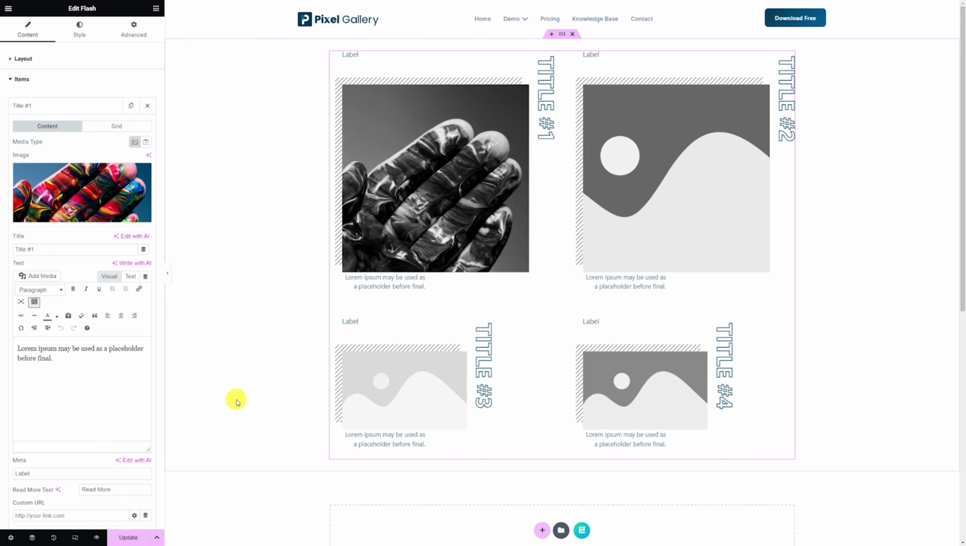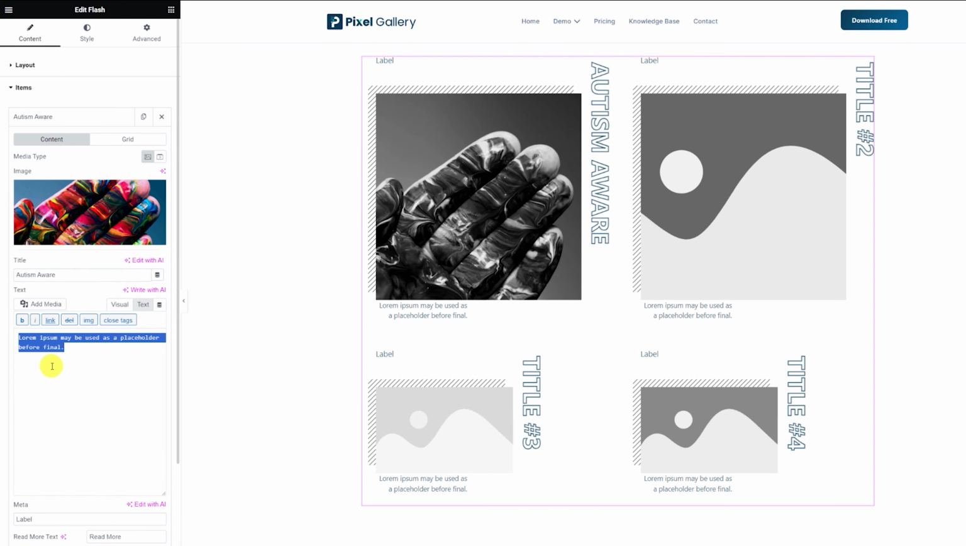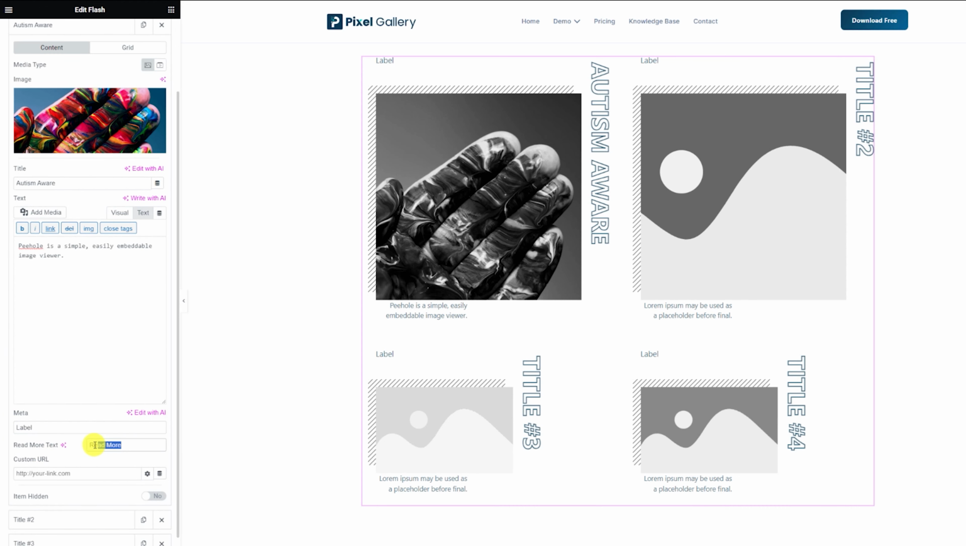You can see that the image appears in black and white. The colors appear on hover. Let's continue changing the image item title, then the description text, then the meta, read more button text, and custom